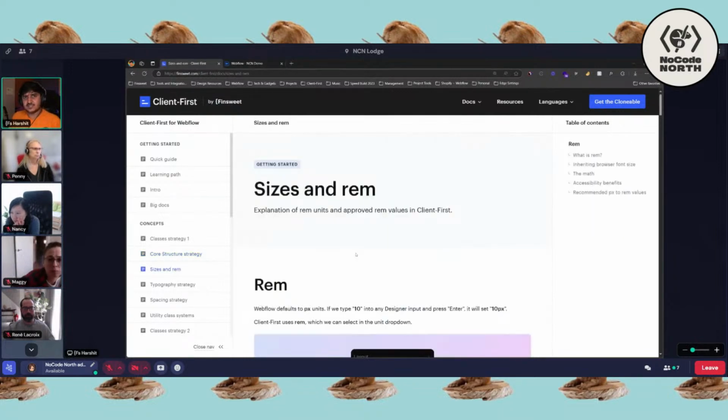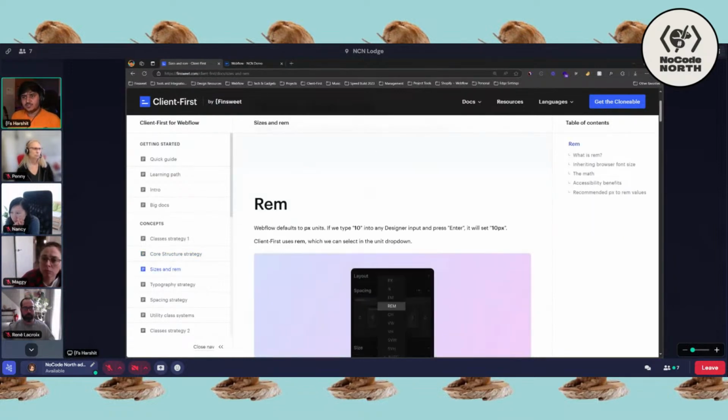Next, we have sizes and rems. What we do is we use rems throughout the project. Of course, you are free to use any other units as well, but the primary unit needs to be rem. This is for accessibility because when we are building sites in rem, it can be controlled by the user font preference of the browser. So let's say a site is looking too small, the text is small, I cannot read it, or the content itself,